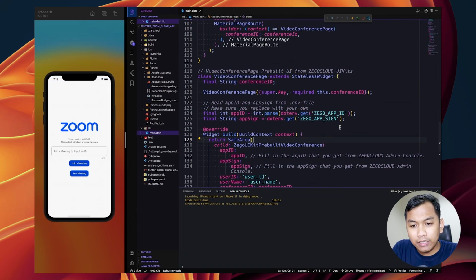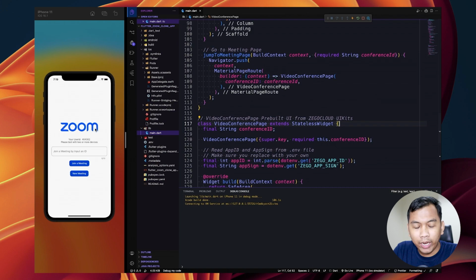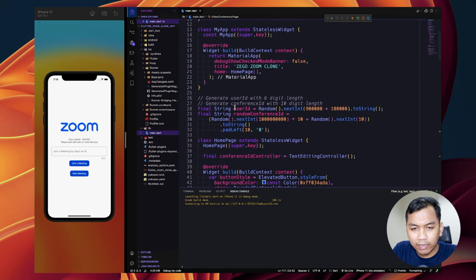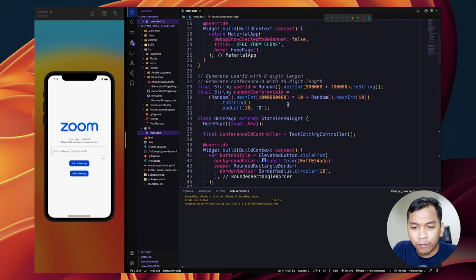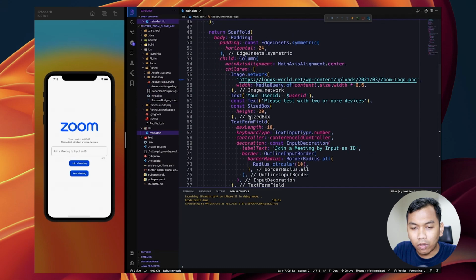Alright, so this is our app running on iOS simulator. So as we can see here, we have Zoom logo and then our user ID, which is, as I said before, for now I just create a random user ID which is 6-digit length. It gets from this random.nextInt.toString, and this is our text widget here.